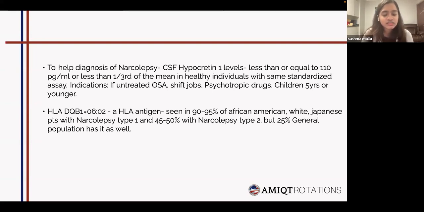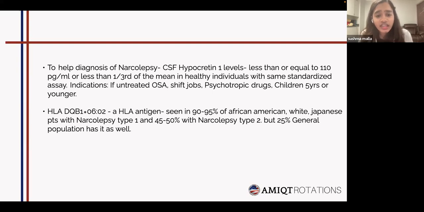In some cases, the psychiatric drugs act as a confounding factor in the sleep study. But if we stop them, the person might have a manic attack. So we don't prefer to stop them, and we do CSF hypocretin 1 levels. If they're less than or equal to 110 picogram per ml, then we usually say that it is diagnostic of narcolepsy. We can also check for HLA DQB1